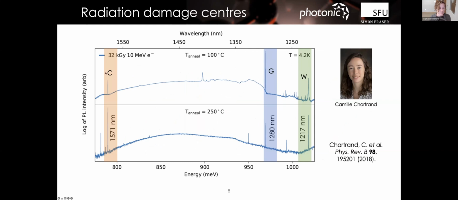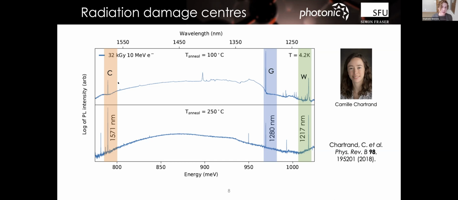And we take a look at them. So there's a full characterization paper for the C center, the G center, and the W center. And that naming convention, again, comes from the 70s and the 80s, where it was clear that they just kind of threw everything and labeled them a quart of alphabet soup. They're interesting because they're right in the telecom regime, and they're really easy to make, super easy to make. The G center is almost impossible to get rid of once you go down that track.